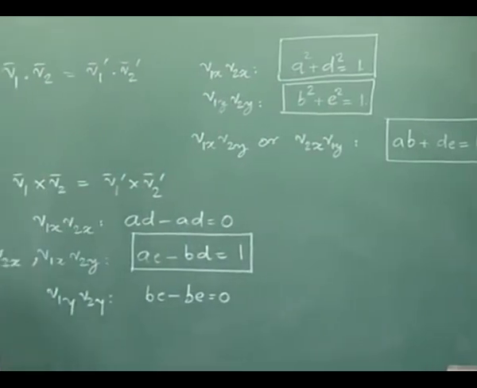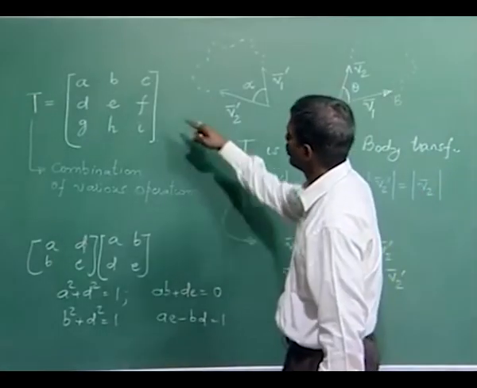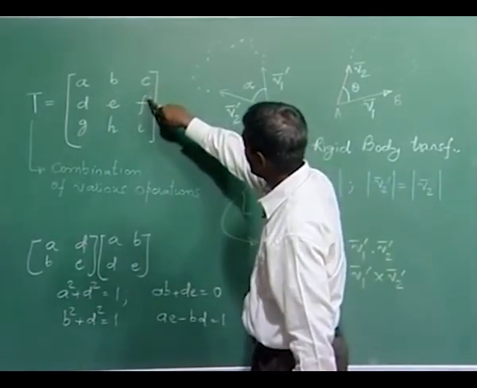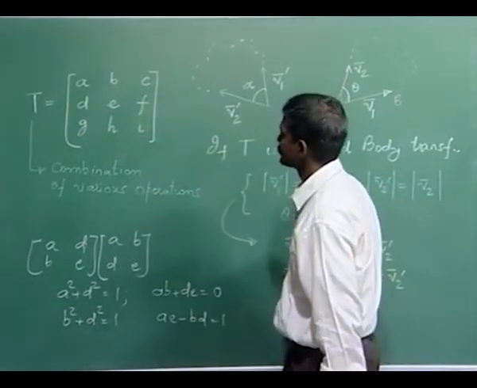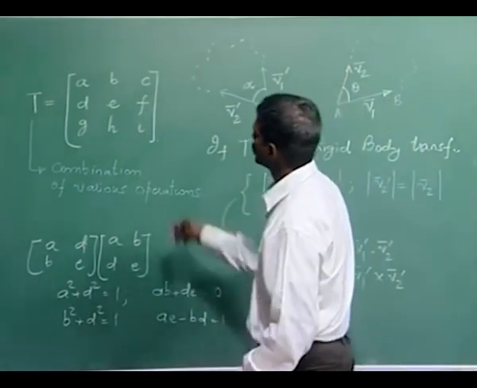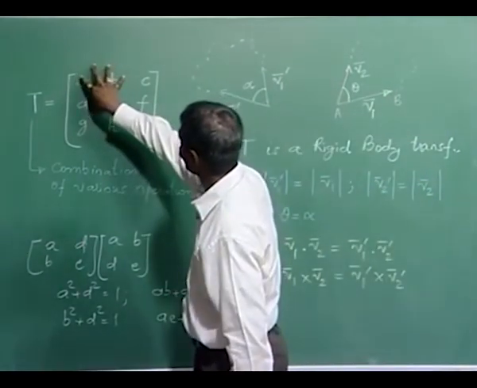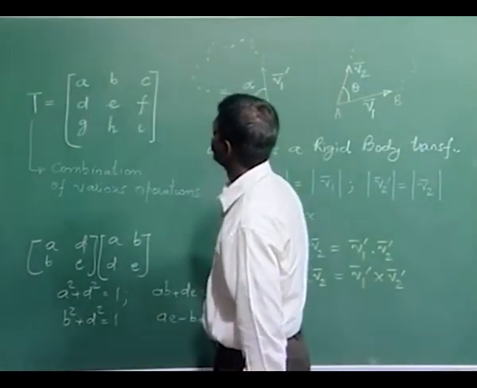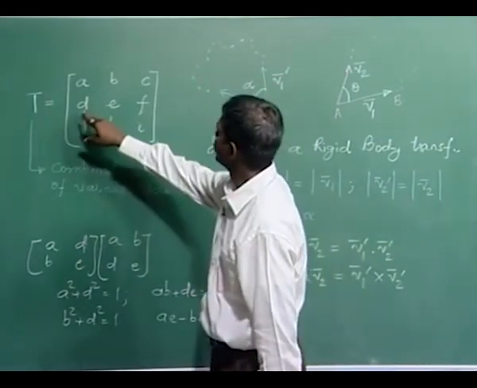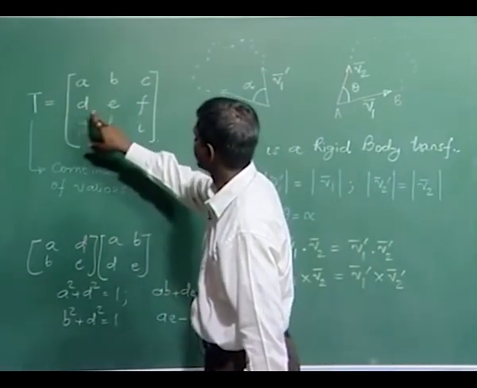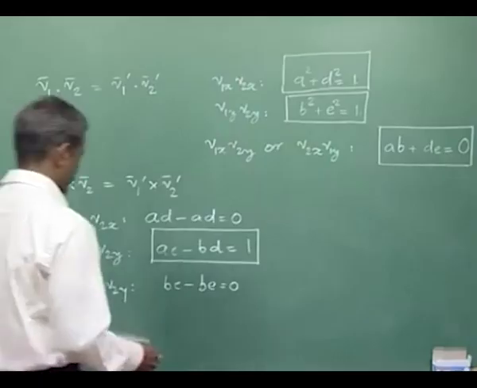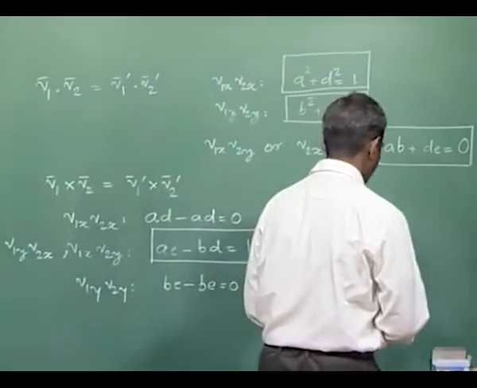Nowhere would c, f, and i come in the picture as of now. Let's concentrate on these 4 variables, which form the top left 2 by 2 matrix, and let's perform this operation: